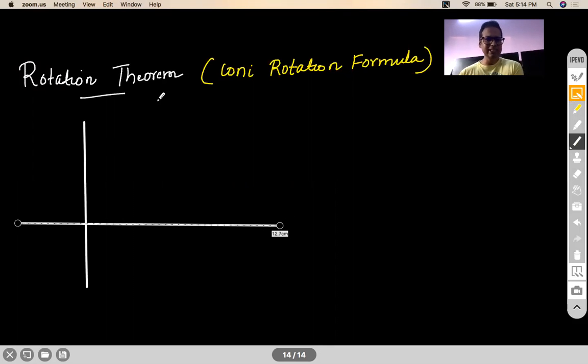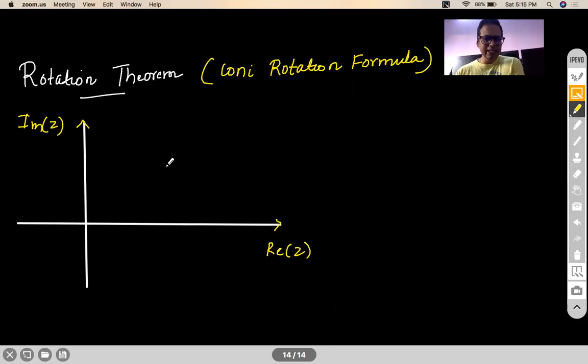setup first of all. Let's say this is our Argand plane. Okay. This is our Argand plane. And on this Argand plane, there are three complex numbers. Let me call them Z1, Z2, and let's say Z3. Okay, some three complex numbers I took up. Now they may be collinear also. So basically, I've taken a very generic case.